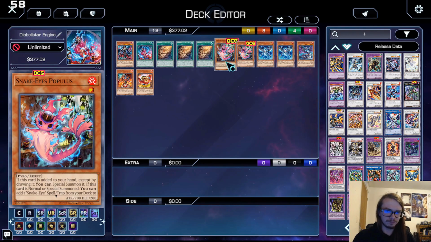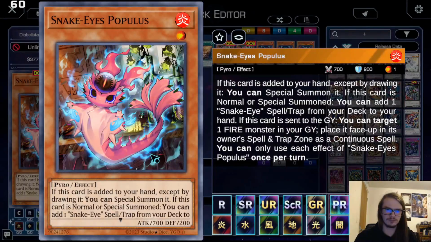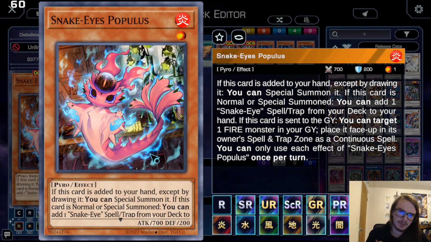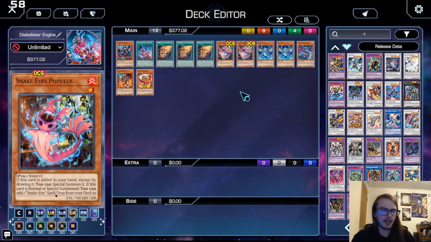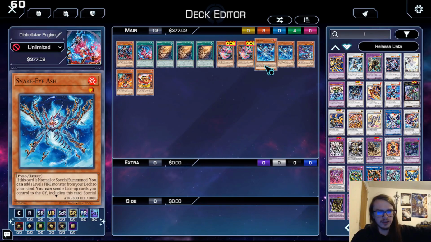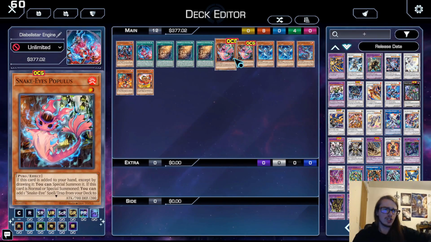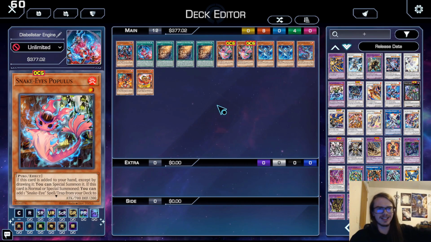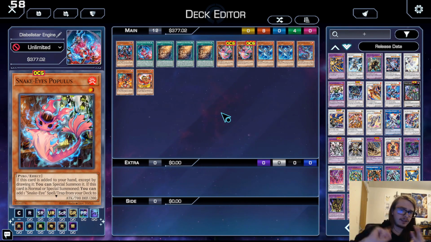Oops, my bad. Which also allows you to, when it's added to the hand, special summon itself, and then if it's normal or special, you get to add a Snake Eyes spell trap from your deck to your hand, which is, again, pretty good. This basically means that on the special summon of the Ash off of the original Sinful Spoils, you're then able to search out Populace. Populace can then special summon itself, and that's either a rank 1, a link 2, another